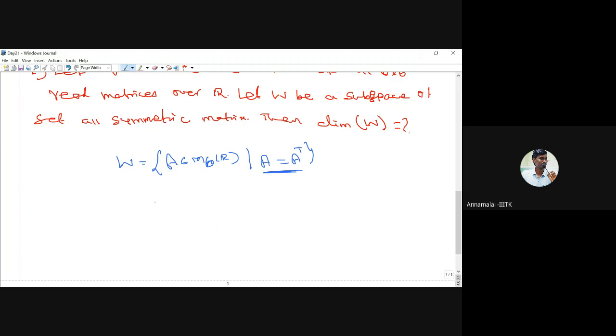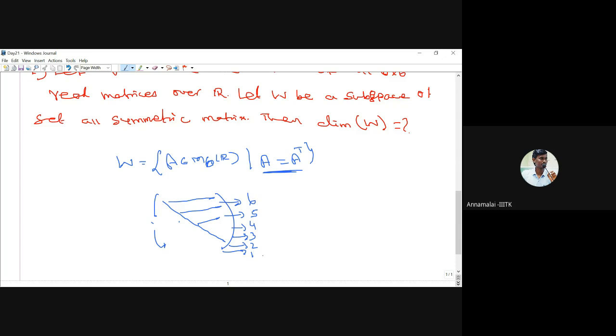So if you take a 6 by 6 matrix, in the first row we have 6 unknowns. But in the second row, we have 5 unknowns. Because if you take any entry here, that should be a column entry of this one, right? So I am going to remove these entries. So what are the possible remaining unknowns? The first row, we have 6 unknowns. The second row contains 5 unknowns. The third row contains 4 unknowns, and so on. The last row contains only one, the diagonal element. So this many unknowns.